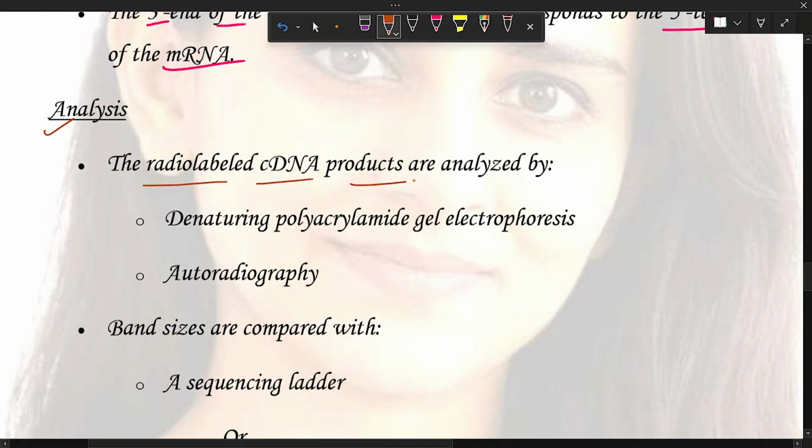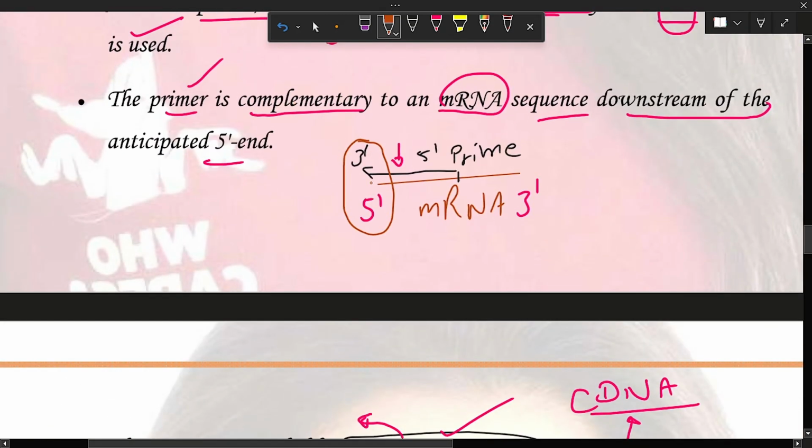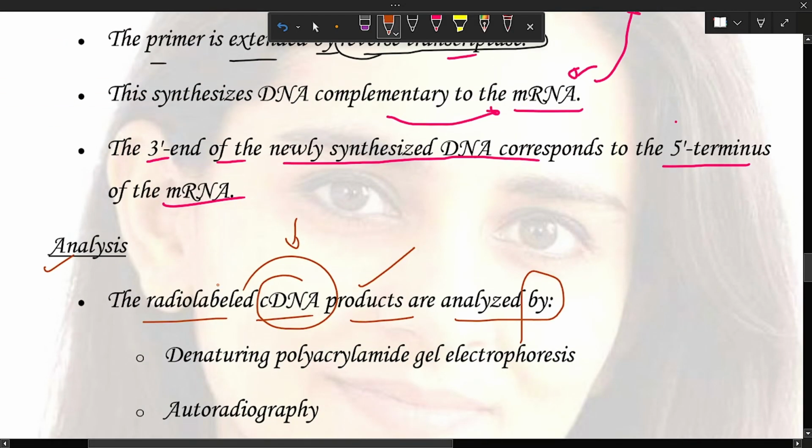Now how do we analyze it? The radio-labeled cDNA product is analyzed. During the new synthesis of the DNA, we add nucleotides which are radio-labeled.